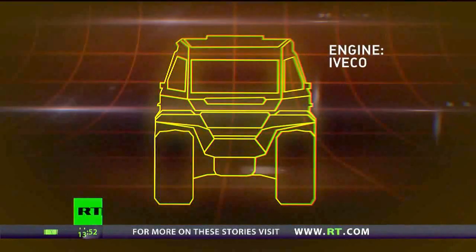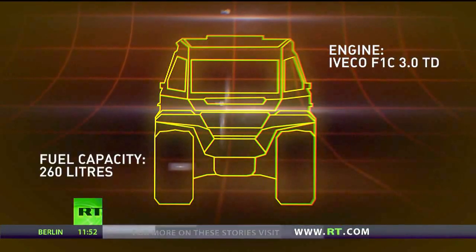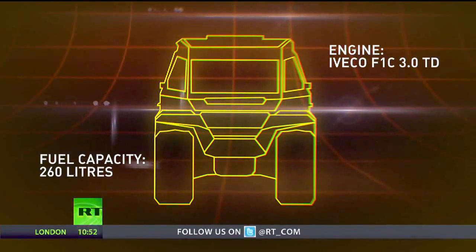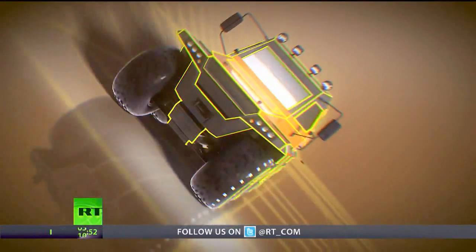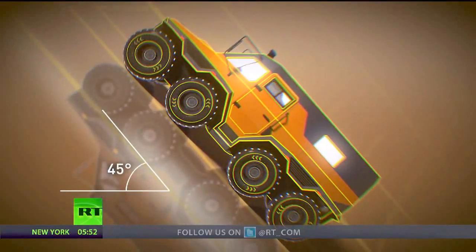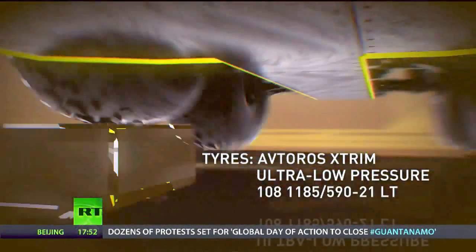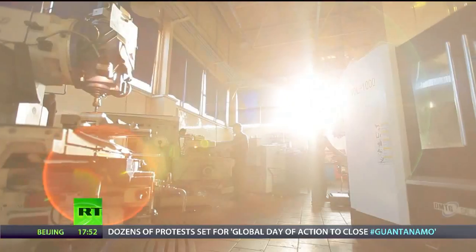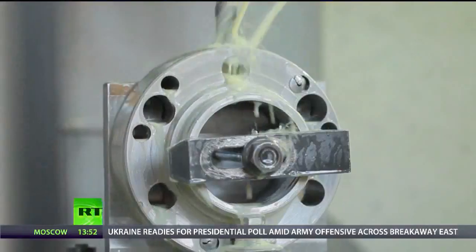A 146 horsepower diesel engine is at the heart of the machine, which is fed by a 260-litre fuel tank, giving it an operational range of about 1,300 kilometers. The Shaman can scale inclines of up to 45 degrees thanks to its low centre of gravity and custom-designed low-pressure tyres. From when the first welding sparks fly to final testing, it currently takes Avtoros around 2 months to manufacture